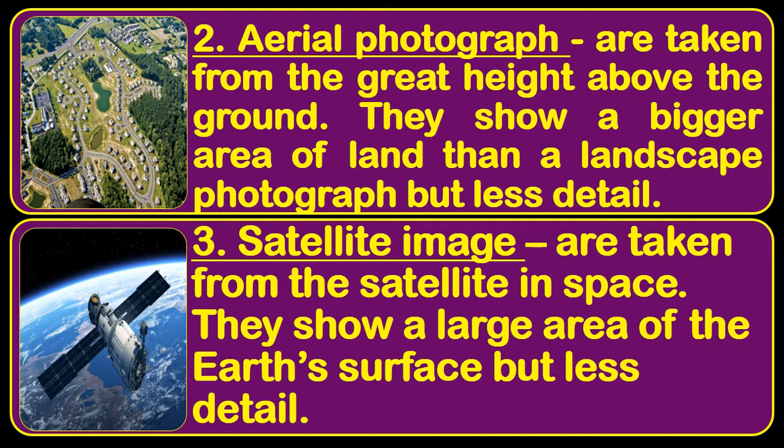So let's go to the third type of photograph, which is satellite image. So what is satellite image? These are photographs or images taken from the satellite in space. They show a large area of the Earth's surface but less detail. So satellite images are one of the most powerful and important tools used by the meteorologists. They are essentially the eyes in the sky. These images assure forecasters of the behavior of the atmosphere as they give a clear, concise, and accurate representation of